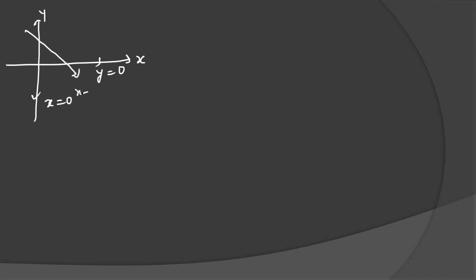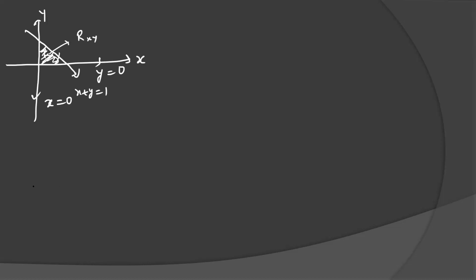Now we will draw both the pictures. In the xy plane, if you see carefully, this is your x-axis, this is the y-axis. This line is actually the y equal to 0 line. This line is the x equal to 0 line. And this is actually x plus y equal to 1. So the region bounded by these three lines is this region. This is the region in the xy plane.